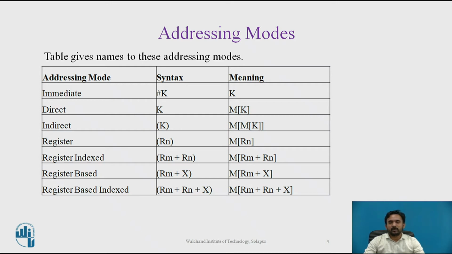Next is register indirect addressing. It is used when the address of the operand is not known until runtime. Stack operands fit this description and are accessed by register indirect addressing in the form of push and pop instructions that also decrement and increment the registers respectively. Register indexed, register based and register based indexed addressing are used to access components of arrays.